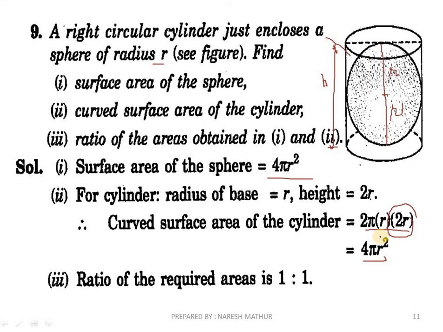And at the last we need to find the ratio of the areas obtained in the first and second. As both values are the same, the ratio would be 1:1. I hope all of you are getting the concept behind the surface areas of sphere and hemisphere. These questions are comparatively easy because in the sphere and hemisphere we just have one entity, that is radius only. So it was a simple one.